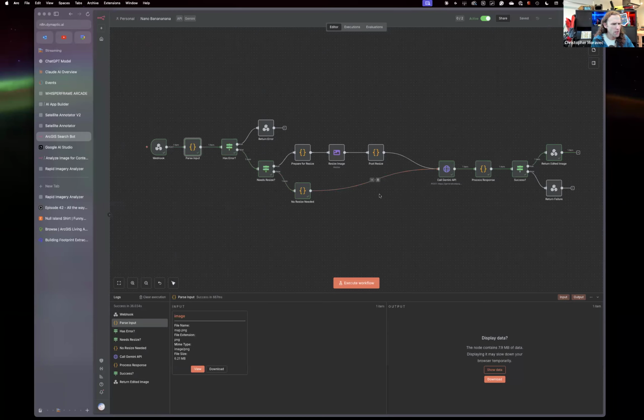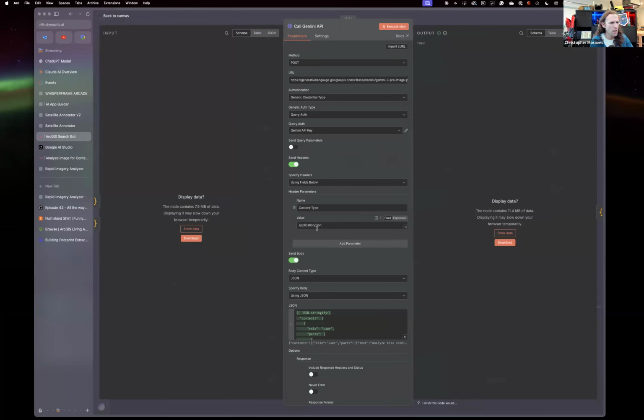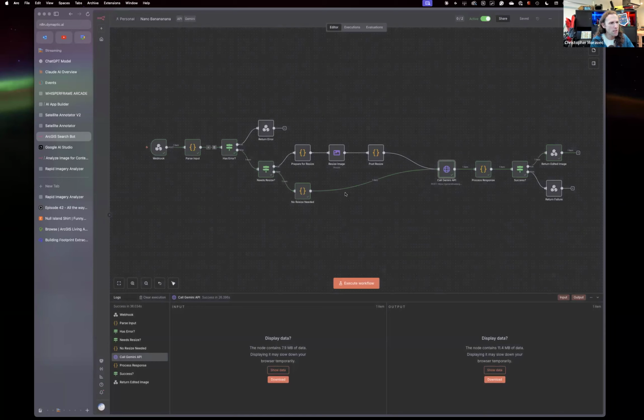And like I said, there was an extra node here that I deleted, and I had a little bit of trouble specifying the parameters for the Gemini API at the beginning. It ended up that we had the capitalization wrong on one of the parameters. But with a little bit of back and forth with Claude, I had basically this whole workflow built,